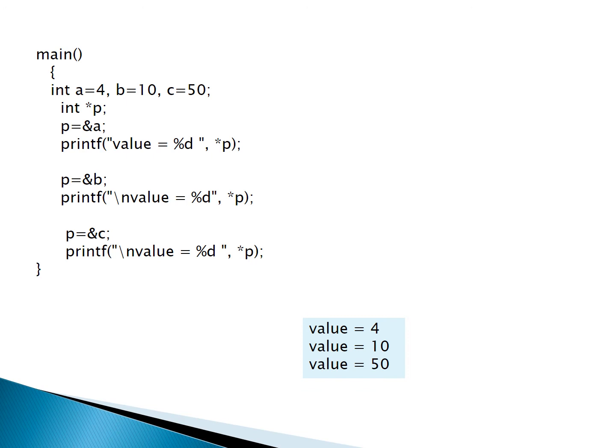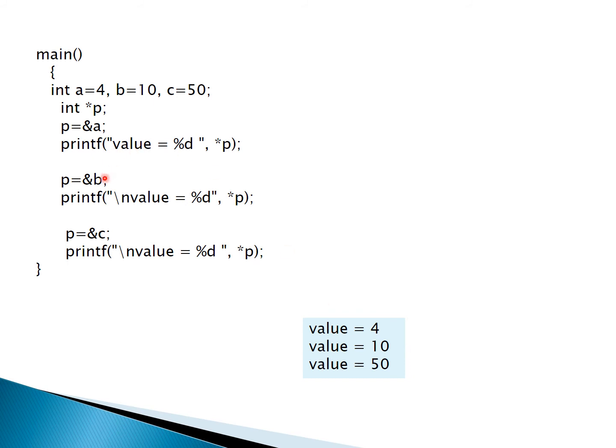We have three integer variables here, a, b, and c, and the contents of a is 4, the contents of b is 10, and the contents of c is 50. And then we have a pointer variable. The name of the variable is p, and the type of this pointer is integer. So here in this statement, we will assign the address of a to the pointer. In other words, we will connect this pointer to variable a, and using the dereference operator, the output will be